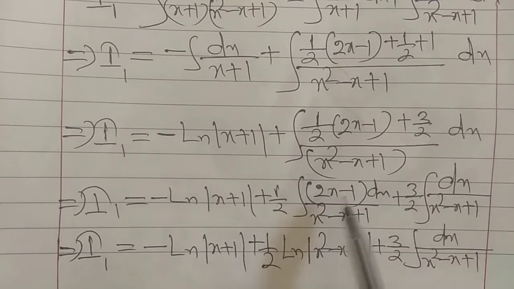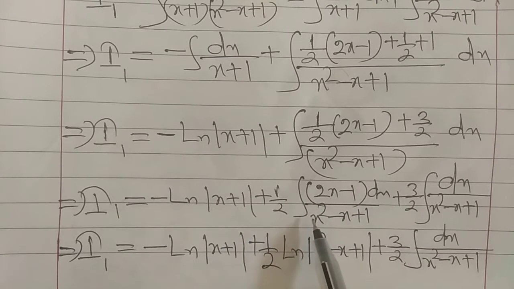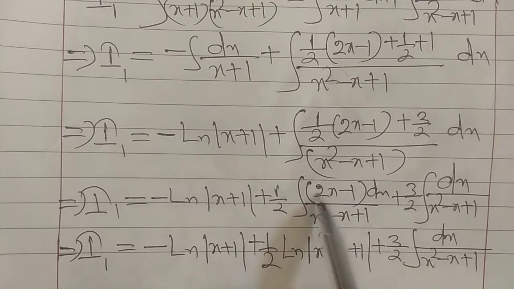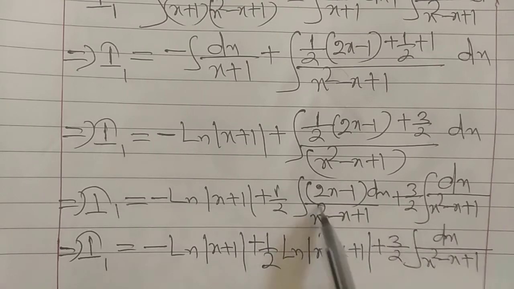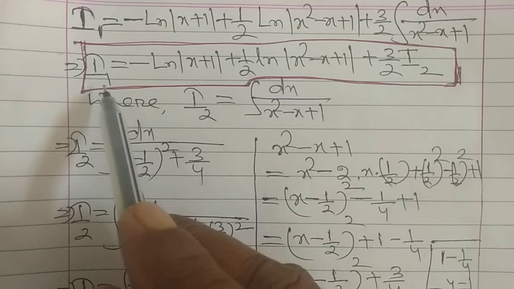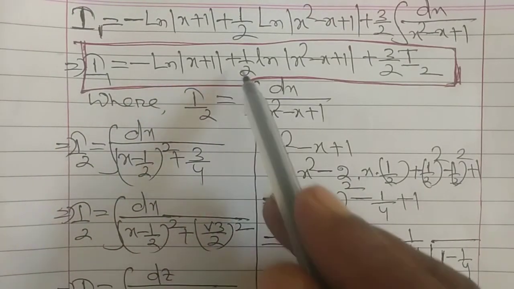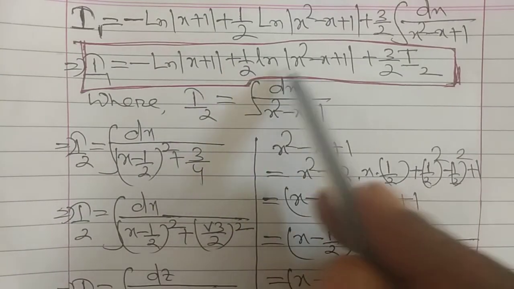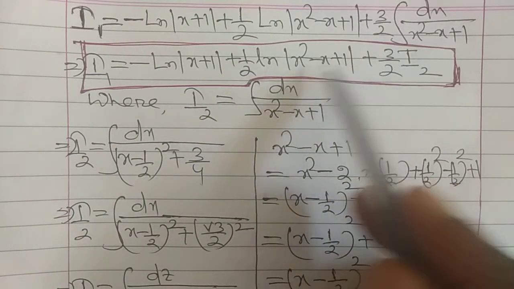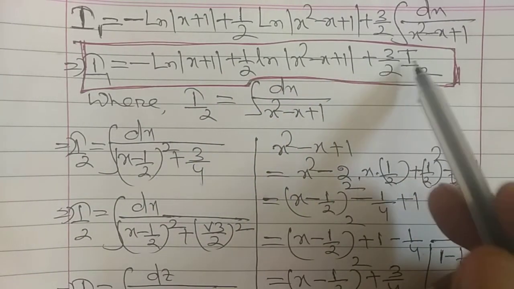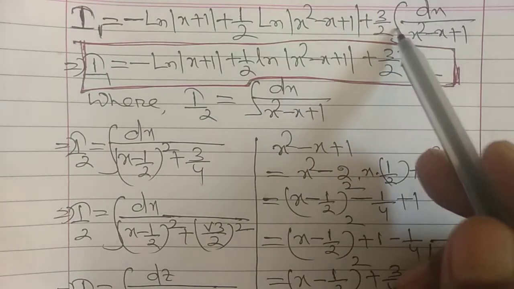So this is integration of dt by t, that is ln modulus of t, that is ln modulus of x square minus x plus 1. So integration of (2x minus 1) dx by (x square minus x plus 1) is equal to ln modulus of x square minus x plus 1. So this implies I1 is equal to minus ln modulus of x plus 1 plus 1 by 2 ln modulus of x square minus x plus 1 plus 3 by 2 into I2, where I2 is equal to integration of dx by x square minus x plus 1,